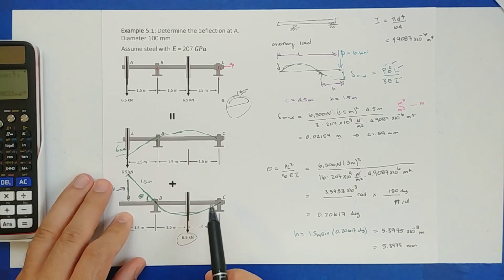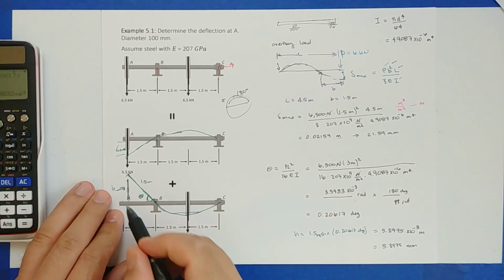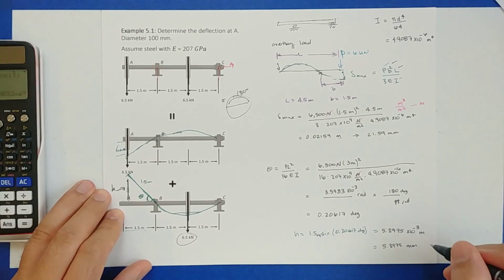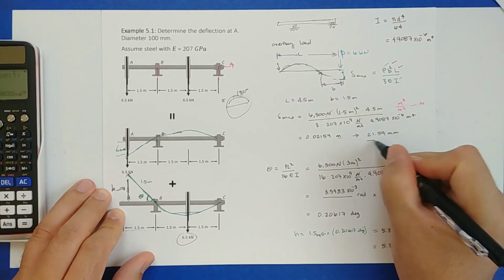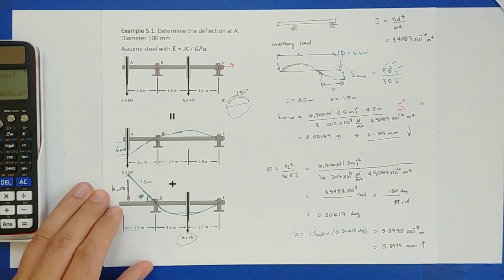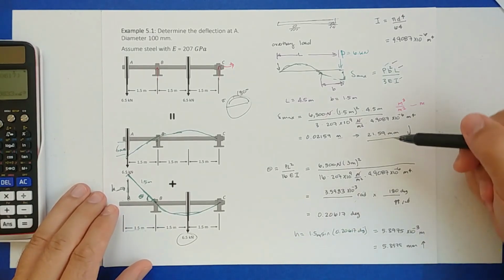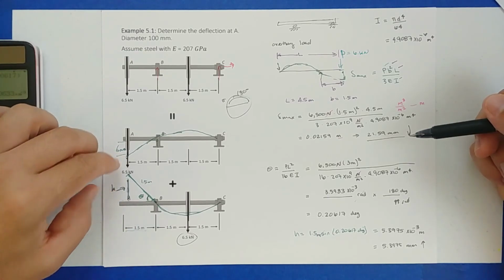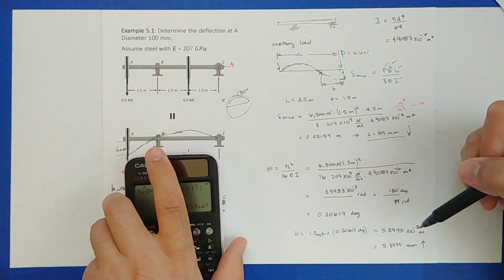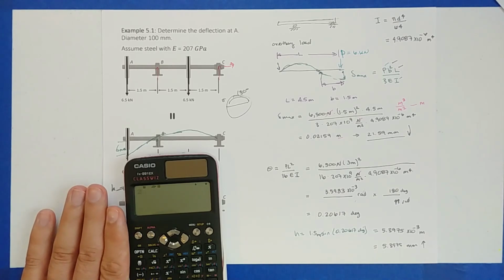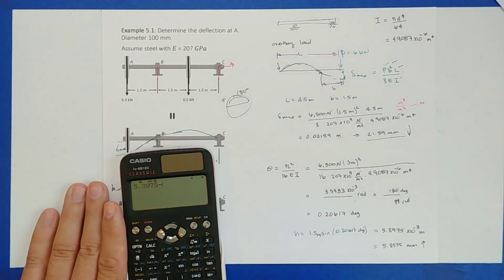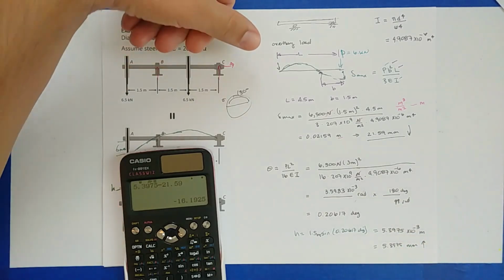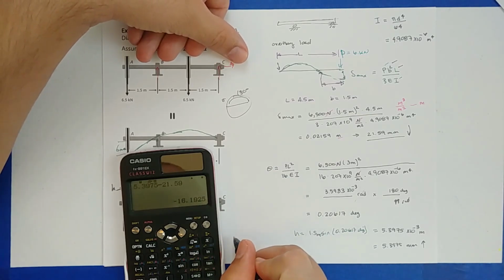What is the direction on this one? From our deflection curves, and I always advise to draw the deflection curve, this deflection is up, right? So this one is up, this deflection is down, right? So then what is the total? Well, we got 21.5 going down and 5.3975 going up, right? So the difference is 21.59, or we can do it like this, 5.3975, which is up, minus this one, which is down, 21.59, and it gives minus 16.19. So the total deflection,